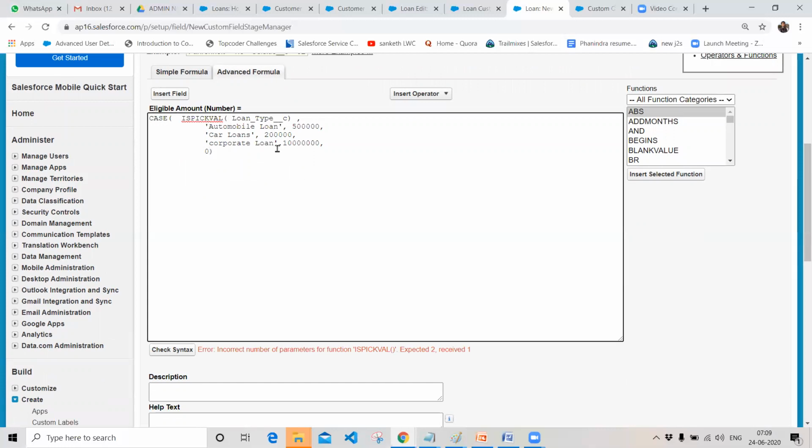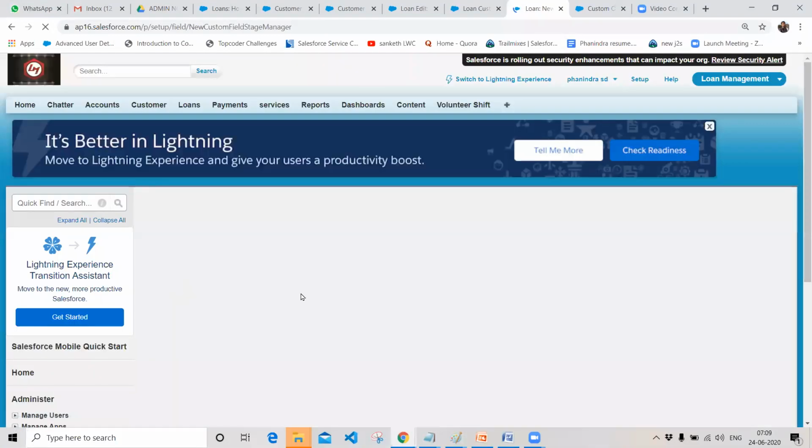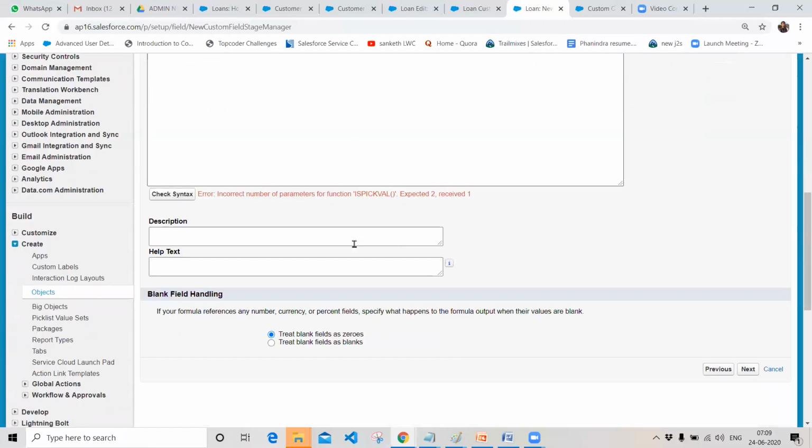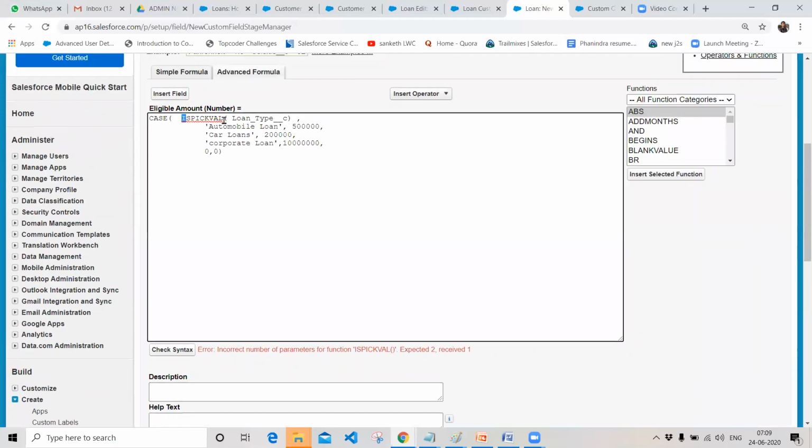It is expected to return the value of only one. So I'm taking the case object over here, and this is my case. Just a moment, guys, something is going wrong. Case is pick list value.